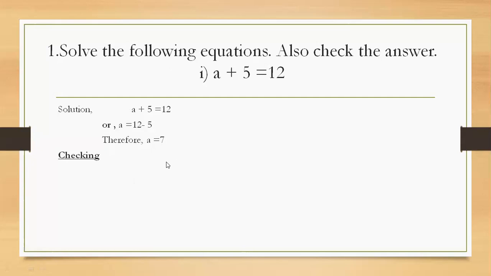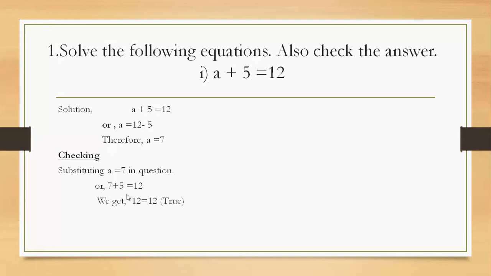Otherwise, A equals 7 is the answer, and you have to write that. Then, substituting A equals 7, whatever answer comes, that we have to put in the equation. In the question only, we have to put the value of A as 7. But while putting the value in the equation, please don't change the side. Don't change the side. Do the left side, and put it on the right side only.